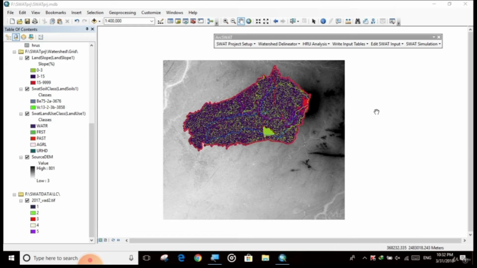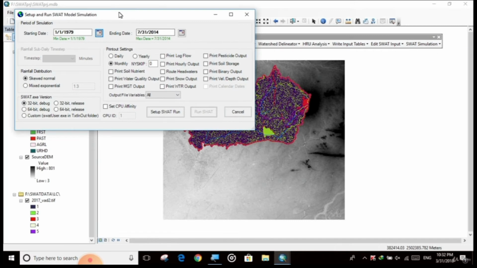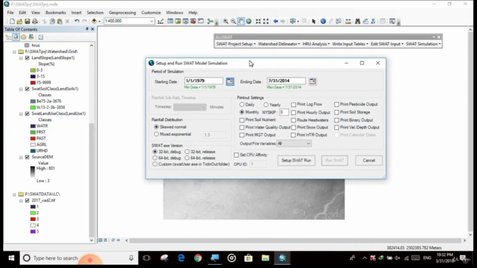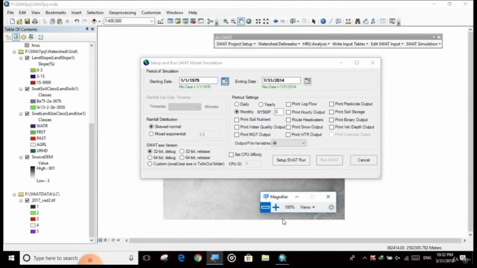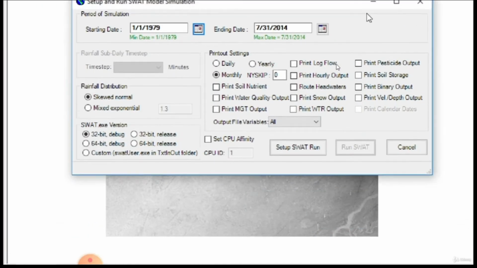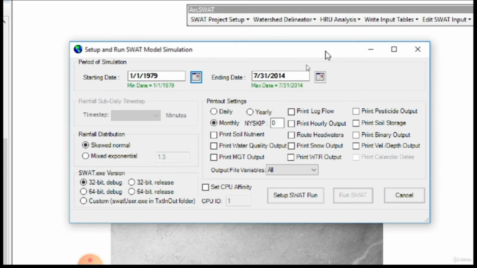Now click on SWAT simulation. Click on run SWAT. This simulation window will open for SWAT. In this window, it is taking your data.